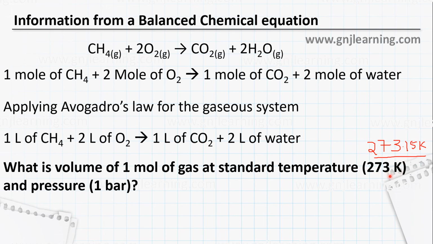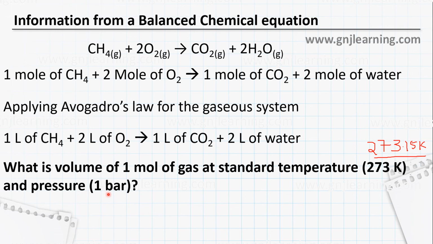So 0 degrees centigrade means 273 in Kelvin scale. 0 degrees, 273 Kelvin. And the pressure is 1 bar. Normally when you express pressure, we express it in 1 atmosphere. Clear? But here it is the unit recommended by